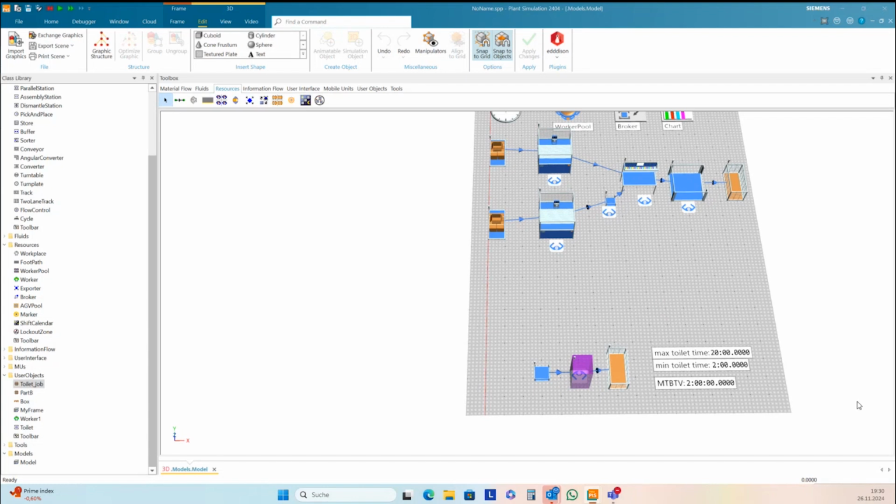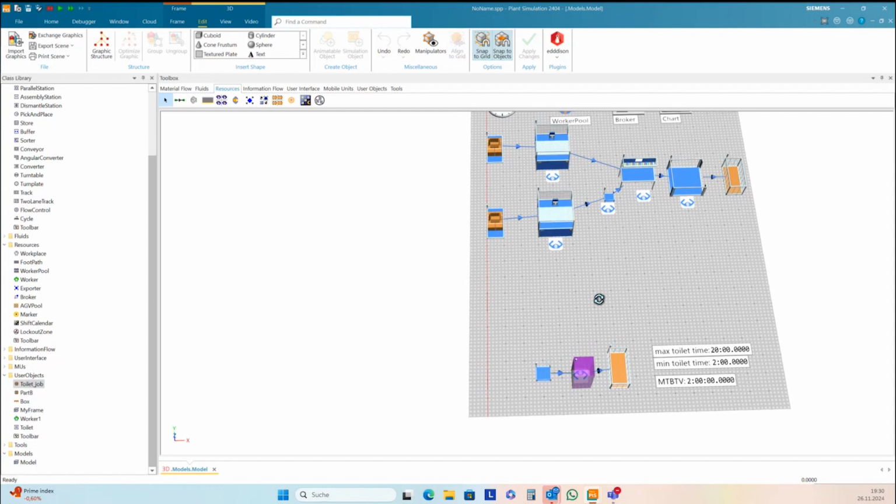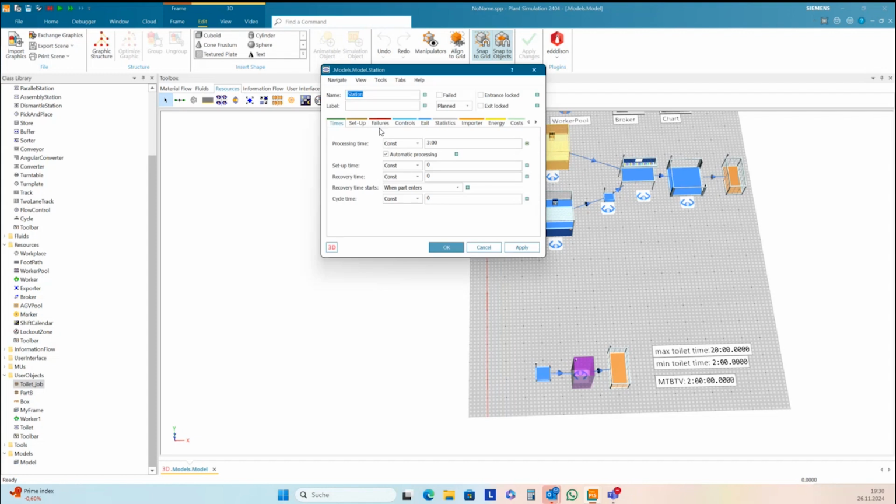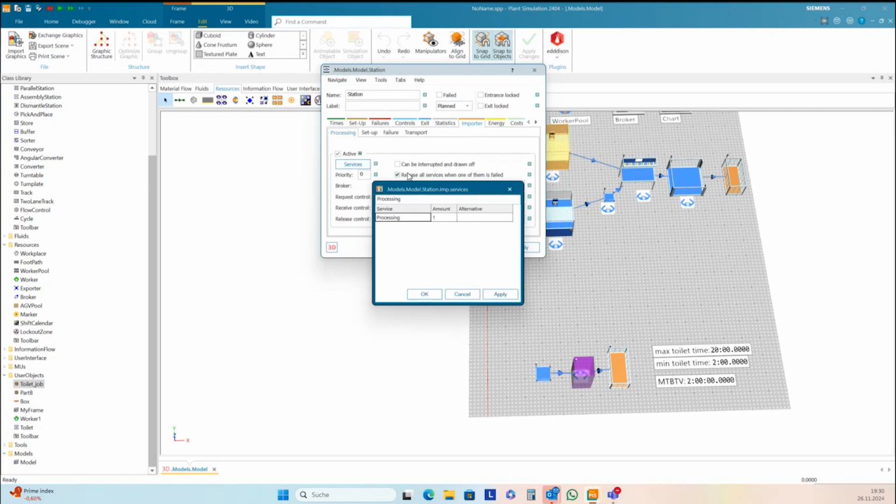This we have now done for 1 worker, and I want to change here. I don't know if I have already changed the service of this. This should be service 1.